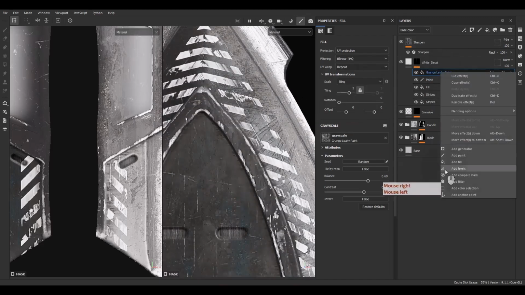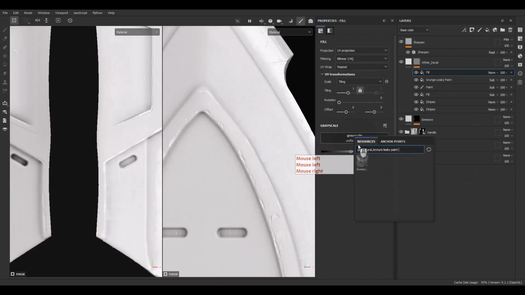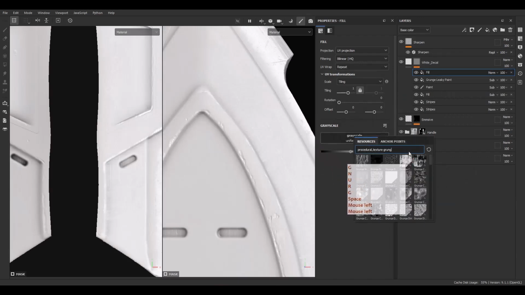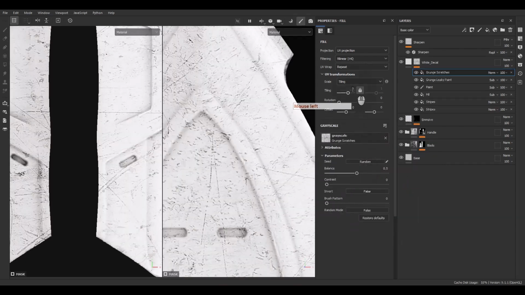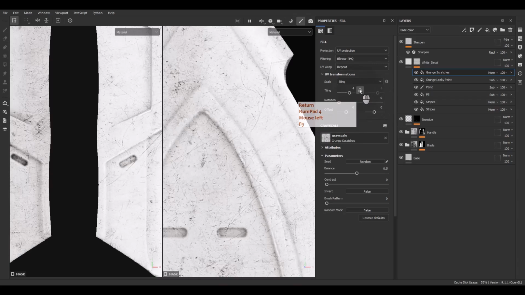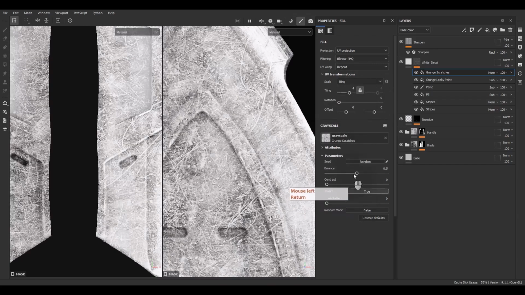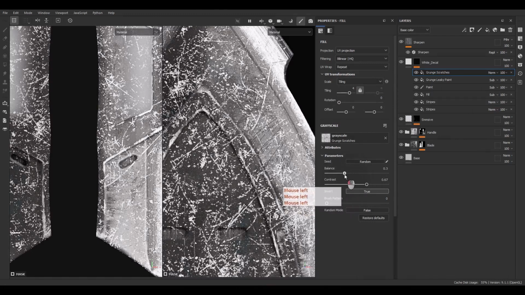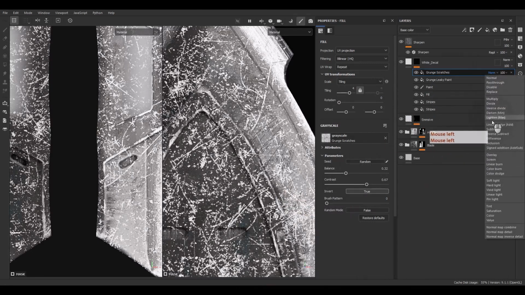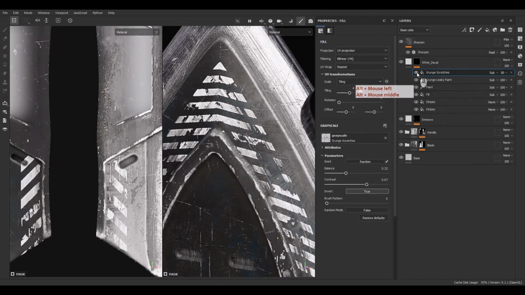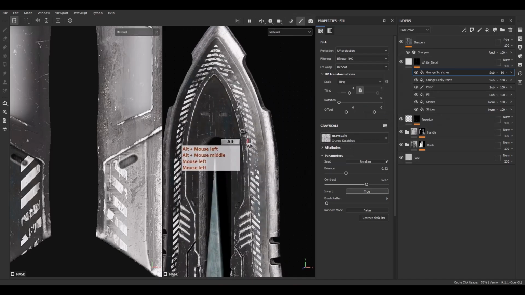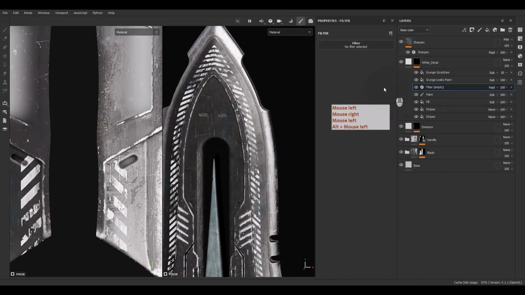Okay, let's add another fill layer. I'm going to search grunge scratches and change the tiling to 4 and use invert, change the balance and contrast to control the mask, and change the blending mode to subtract. And for this layer I'm going to use half for opacity. Okay, so this is the effect that we have, and let's add a filter like warp